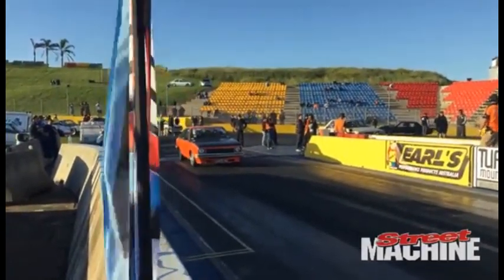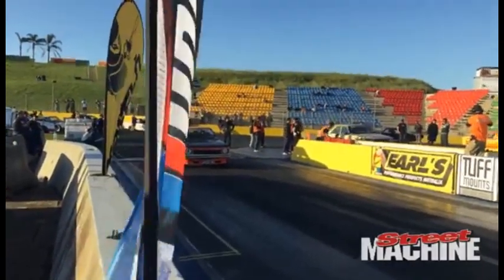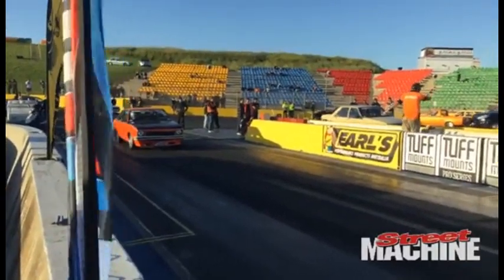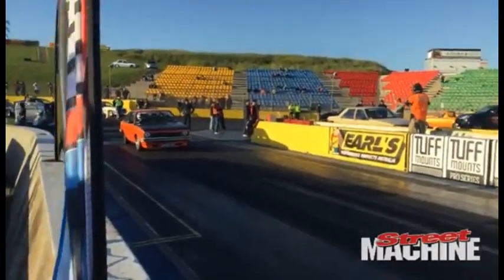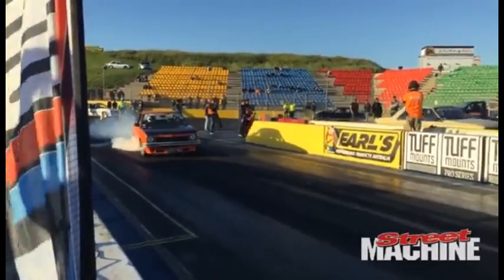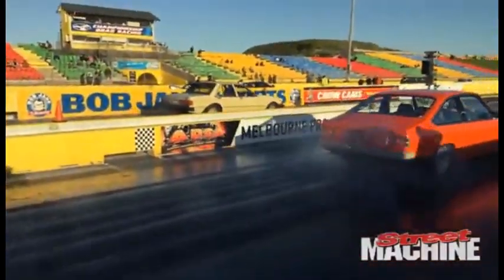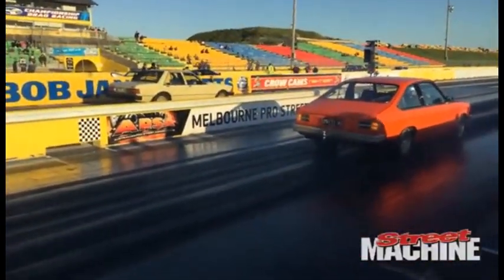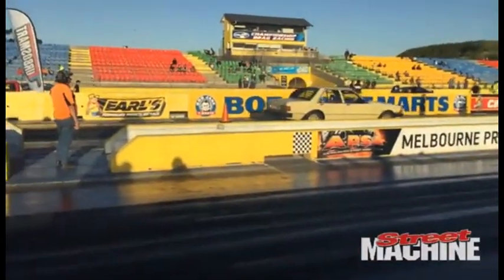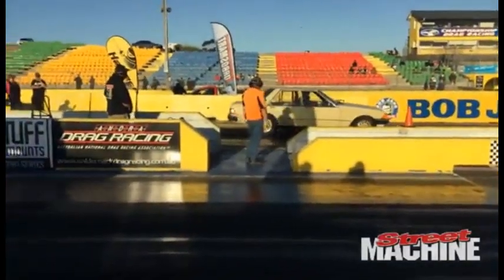You should see the engine bay of that car. It looks like a dirty old XD Falcon. I think I called it an XE before, but it looks like a beige Grandpa XD Falcon at the moment, which is about as undesirable as a car you can imagine. I can just imagine the Americans over there going, it's a 4-door. Why has it got 4 doors? Why are my eyes burning? It is a beige Grandpa spec car, but it's gone 9.0